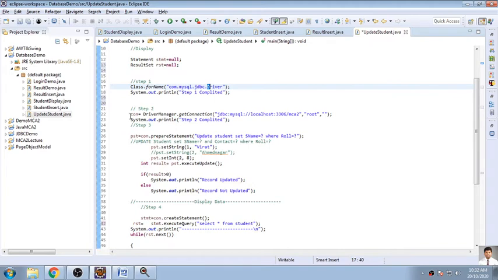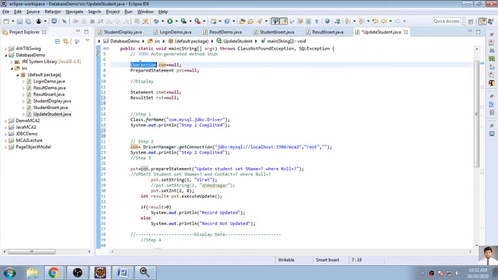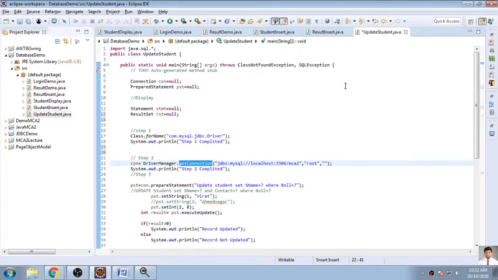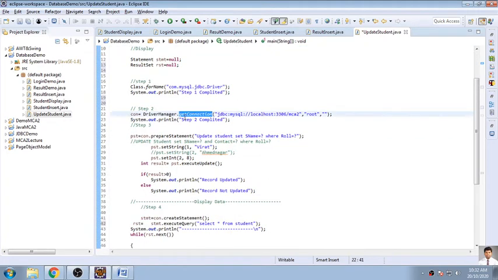Now in step number 2, we are connecting to the specific database. For that purpose, we need to use the connection object of class Connection. So Connection con is equal to DriverManager, which is the name of a class, with a function called getConnection. Whenever we use this, surely SQLException is thrown, so we need to handle this exception. Now we are passing 3 parameters here. One is the database path, exactly where it is. Second is the username of your database, and third is the password.